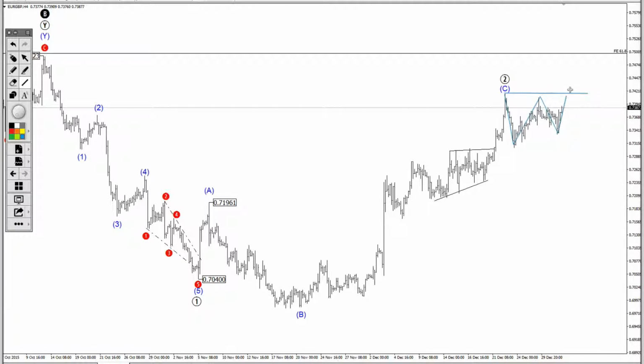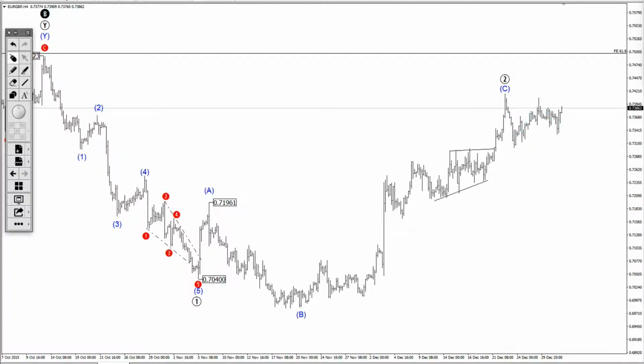What will be the correct labeling here? So if we make a new high, the 0743 levels, and start to approach 075, which is the recent peak, which I have labeled as intermediate wave B. So if we go past that point, we then need to make a revision for this wave count, and we are still forming the larger correction in that case. So maybe we will see that happening, or maybe not. At this point, hard to figure out. But as long as we keep under 0742, this wave count is still viable.